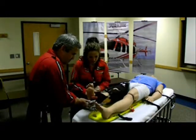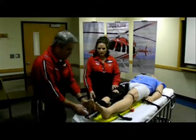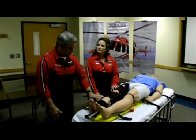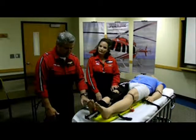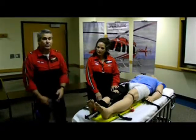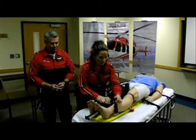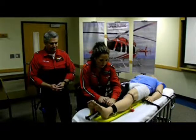the Sager splint. At this time, we can finally release manual traction, but once all the traction and straps have been applied, do a final reassessment of capillary refill, distal sensory, and peripheral pulses. Finally, to prepare your patient for transport, you must next secure them to the backboard to decrease movement of the